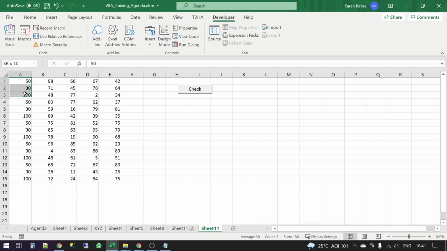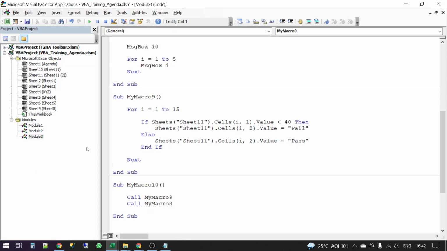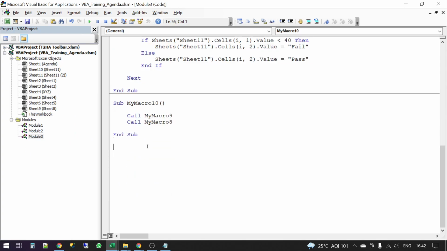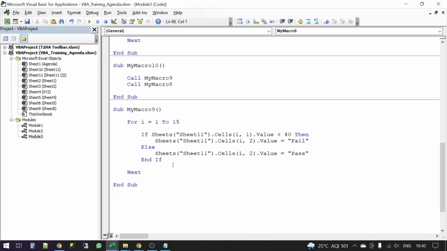It is only going from top to bottom. But we can make it two-dimensional and it can go from left to right as well. It can go both ways. For that, you write a nested loop, so basically a loop inside a loop.